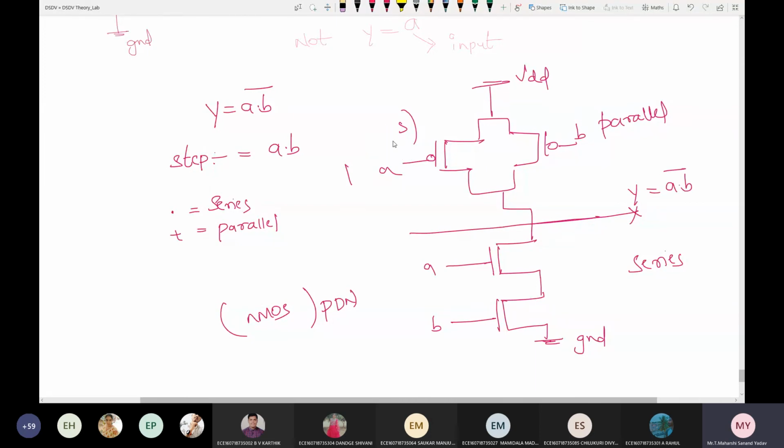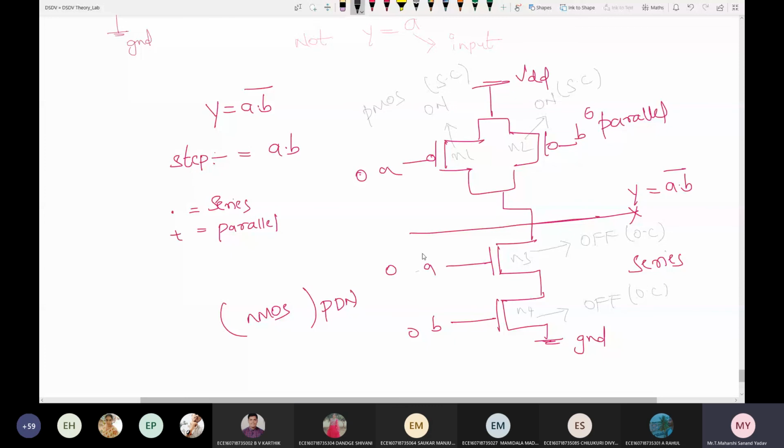If you are still confused, let us check this by giving some random inputs. I give the inputs as 0 and 0, so A is equal to 0 and B is equal to 0. Now you tell me the on and off conditions. First, let us start with PMOS. Let us name the transistors N1, N2, N3, N4. What will happen to N1, on or off? Input is 0, so it is on. N2? On. N3? Off. N4? Off. Off means open circuit or short circuit? Open circuit. On means short circuit.